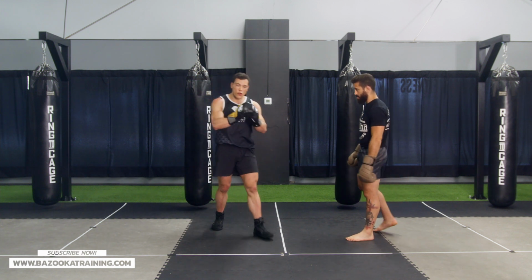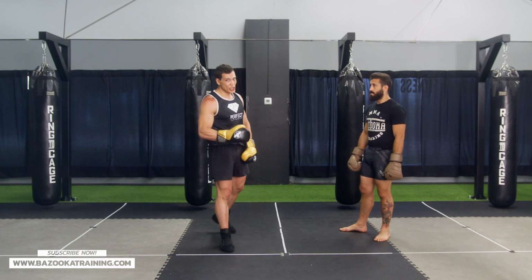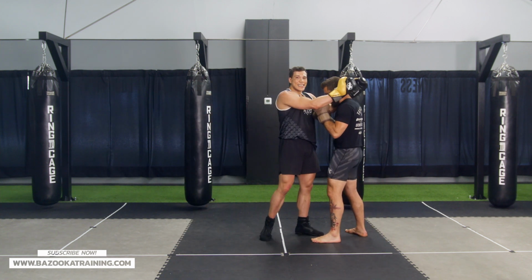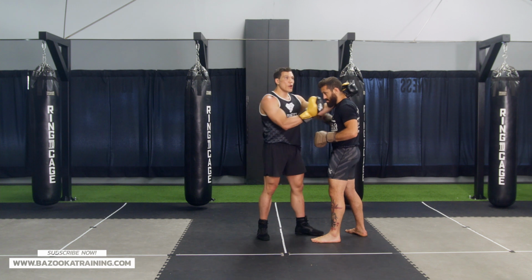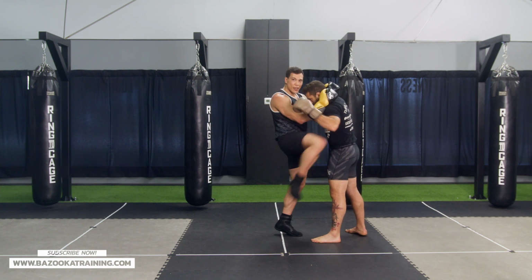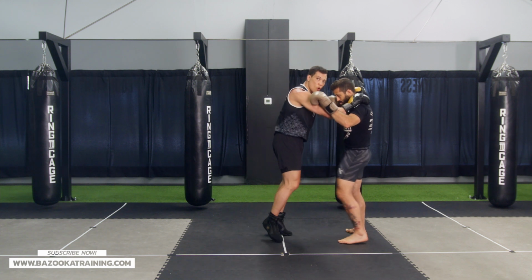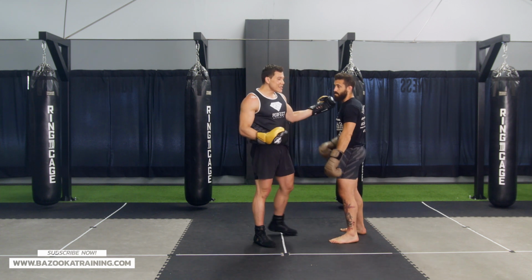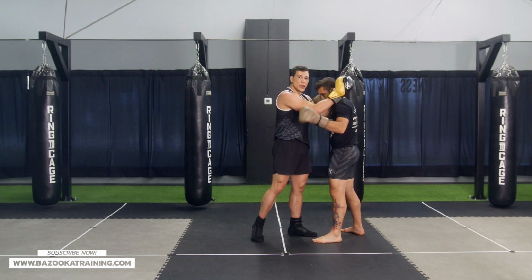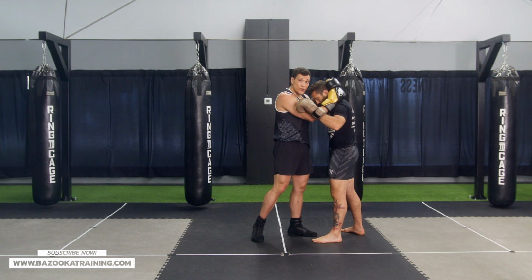Now, the fourth one I'm going to talk about is from the clinch. Now, from the clinch, the key is getting the head down. So one of my favorite ways to set up the clinch is a lot of times people like to stay here, knee from this position, walk forward. But a lot of times in the clinch, you want to create space. So the knee that I like from here is when I get my full tie clinch grip